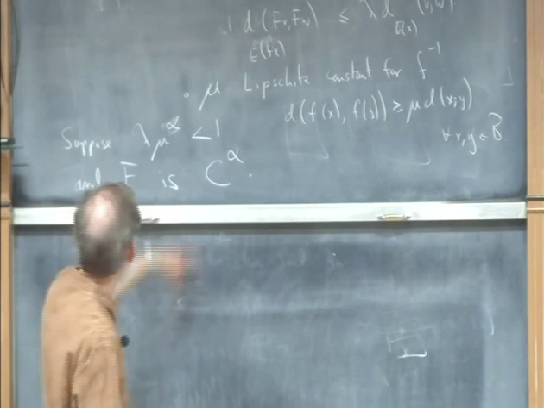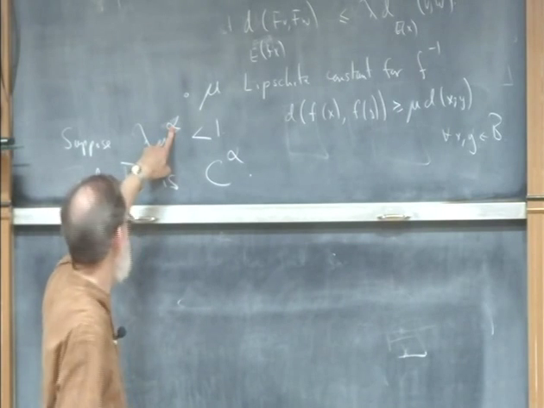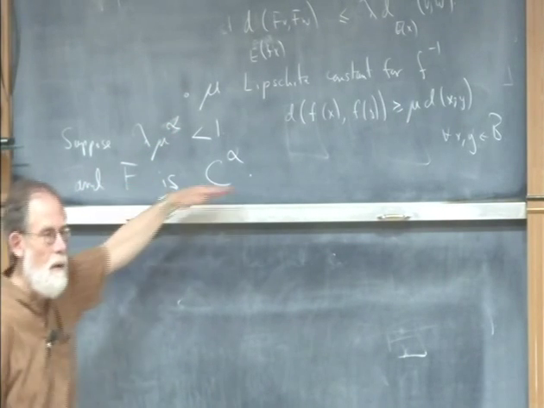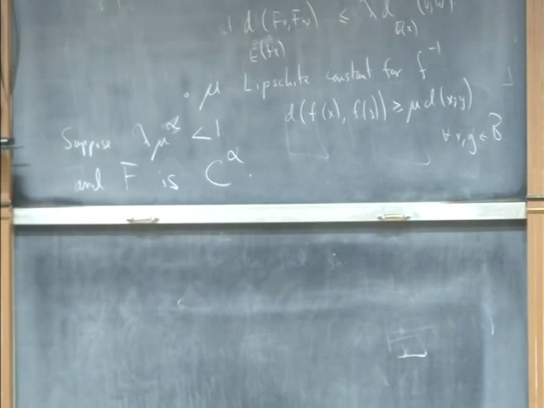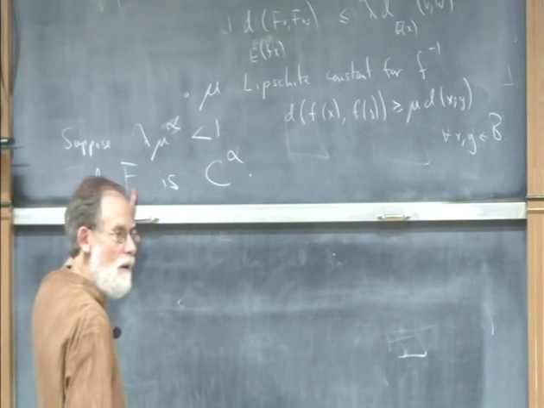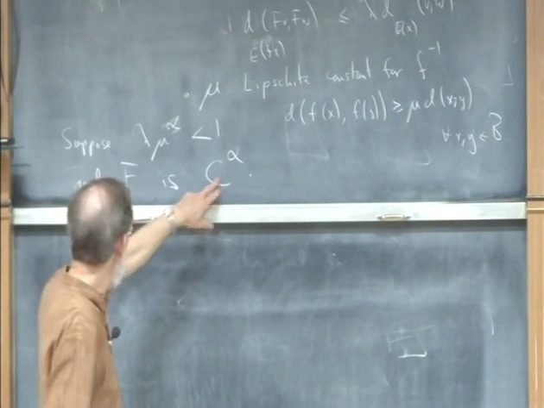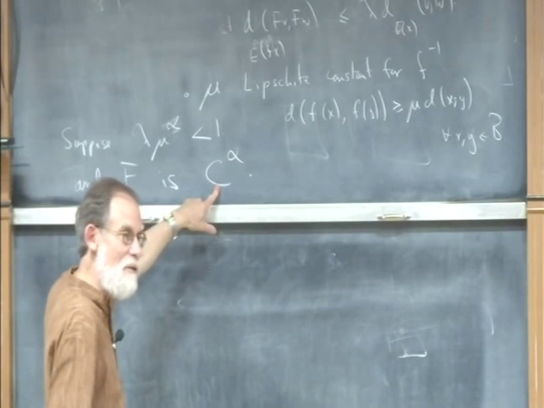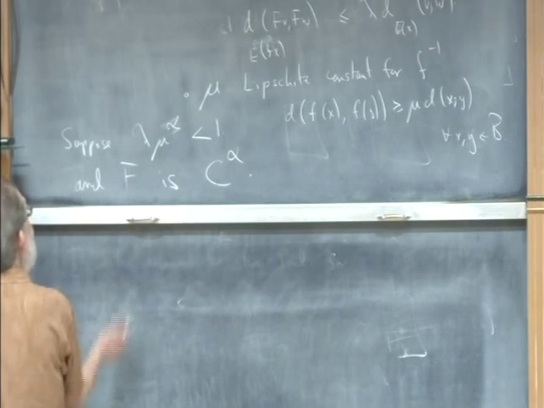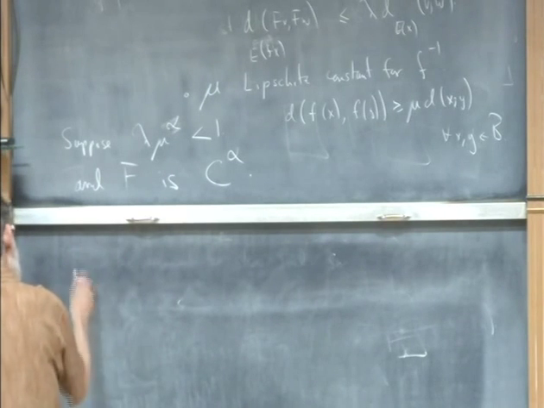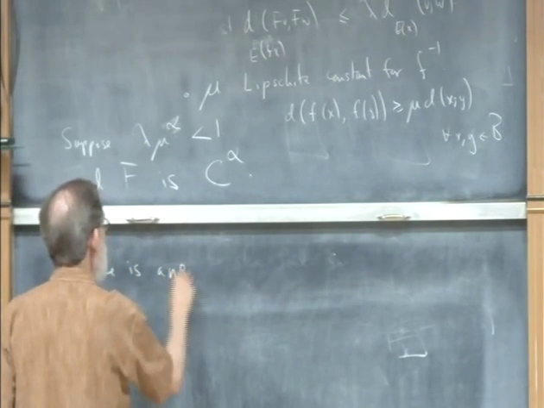In most applications of this, big F is a lot smoother than you expect. Alpha often is a number between 0 and 1, and F might be C2, C infinity. But if you try to apply this with a map that is not very continuous, you can't expect terribly good things out of it. So we have this setup, and now the first thing is that there is an invariant section,